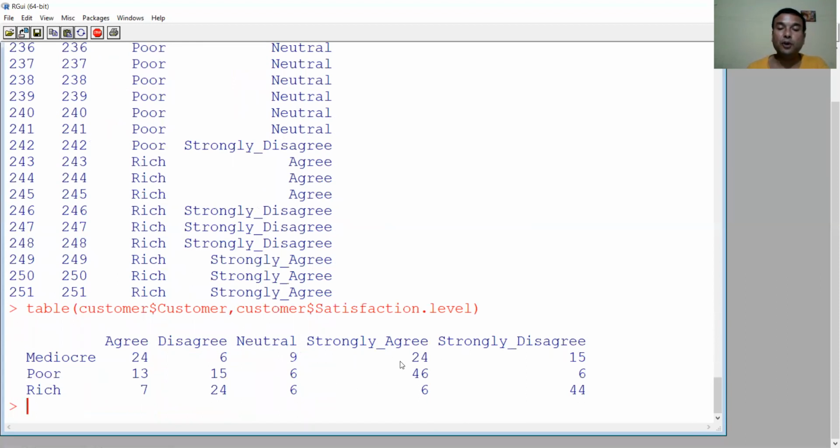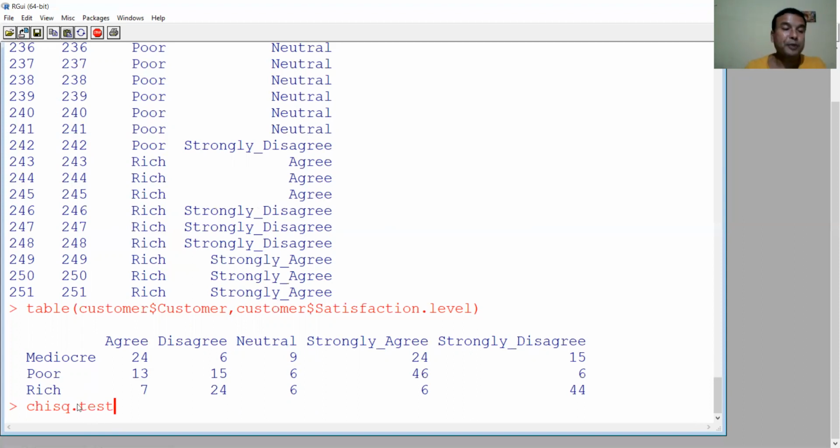So once you have got the pivot table, we can now directly get the chi-square value. But in case of Excel, we need to get the actual values. These are the actual values, and we need to prepare another table, the expected table. Then only we can apply the chi-square. But here we can directly apply it by typing the code CHISQ.TEST.